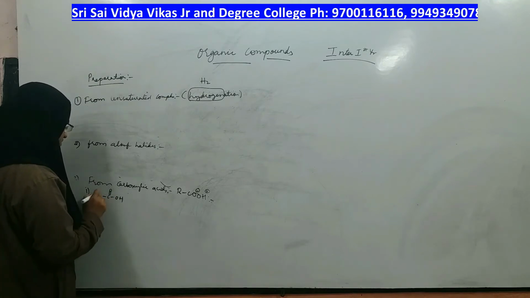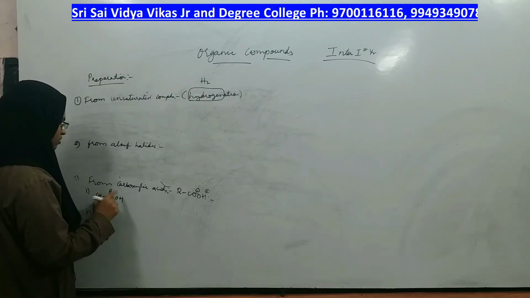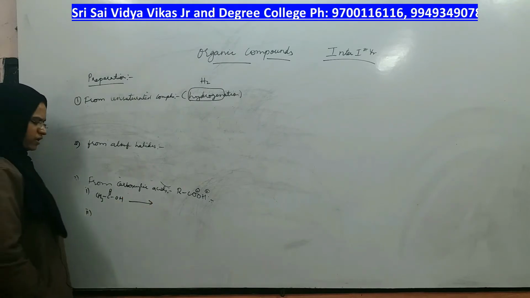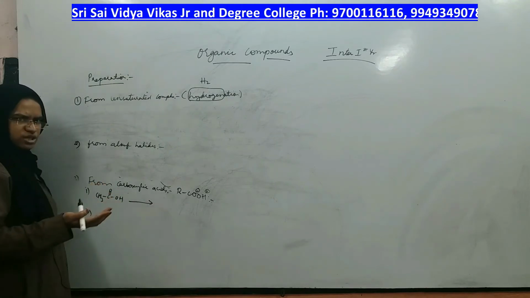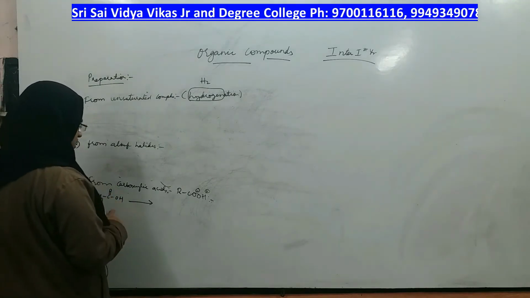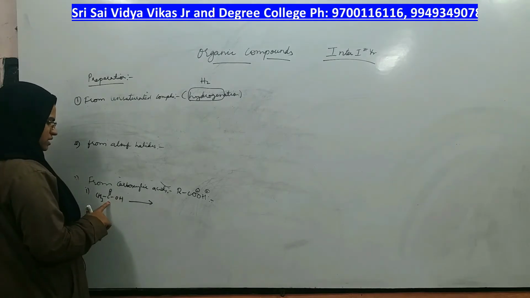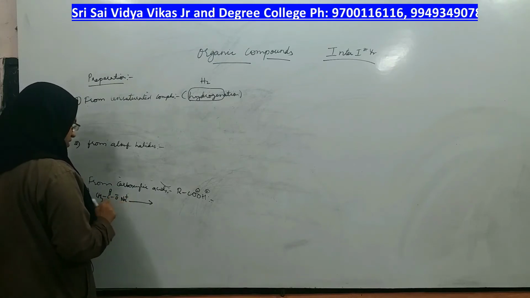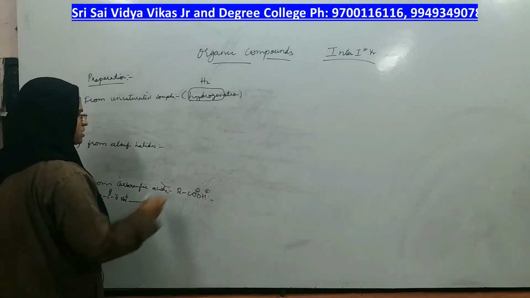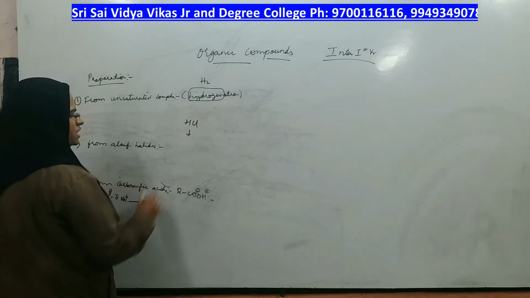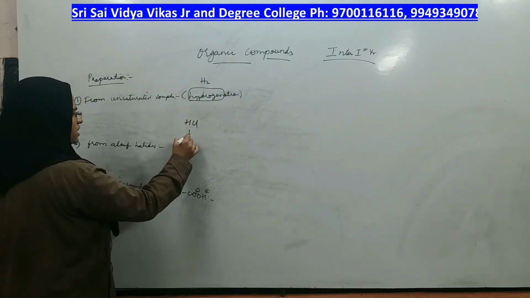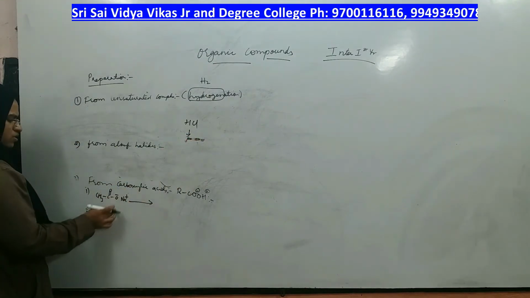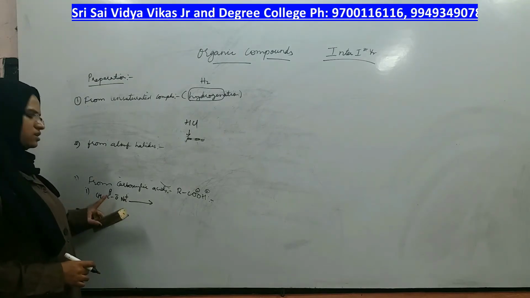Which carboxylic acid shall we take? We will take CH3COOH. But decarboxylation is not possible directly from the carboxylic acid. So for decarboxylation we should not take the carboxylic acid directly, we should take its salt. What does it mean by salt? Sodium acetate is the salt of this carboxylic acid. Suppose I take HCl, HCl is the acid. What is the salt of HCl? NaCl. Same way, if you remove H plus and take Na plus, this is called sodium acetate salt.